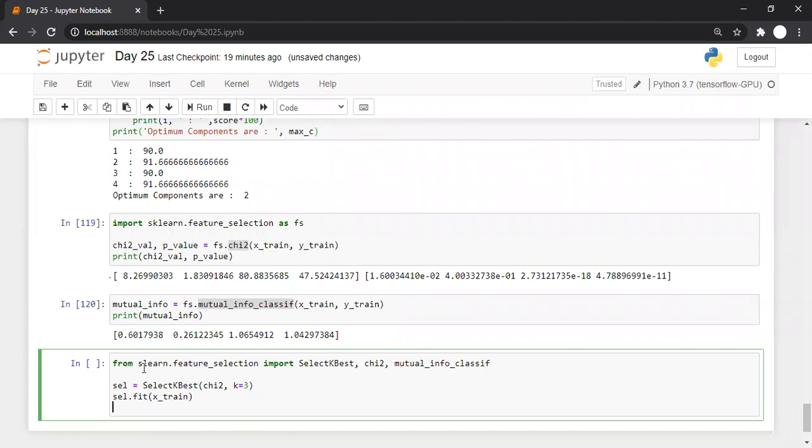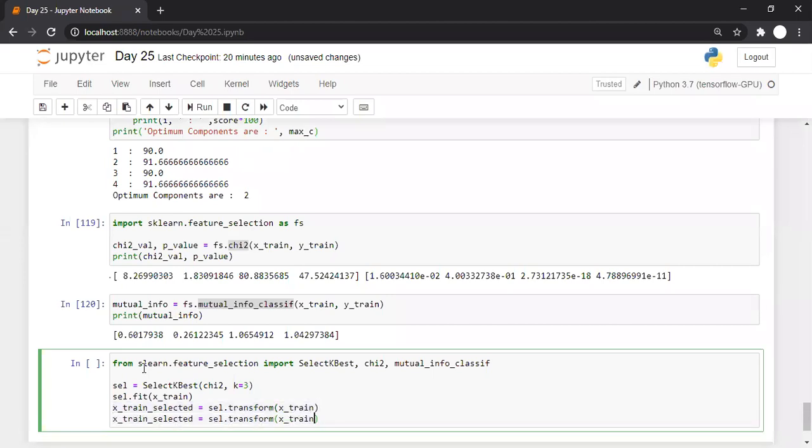Once it is fitted on x_train, I'll apply the transformation on train as well as test data. So x_train_selected = sel.transform, applying the transformation on x_train data, and we will apply the same transform on x_test data and receive it in x_test_selected.